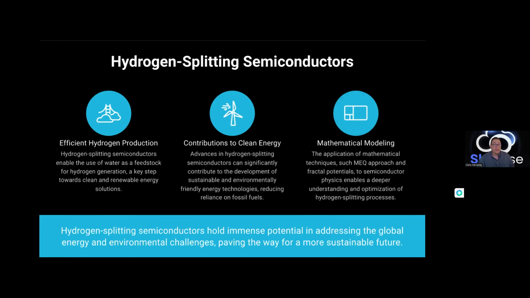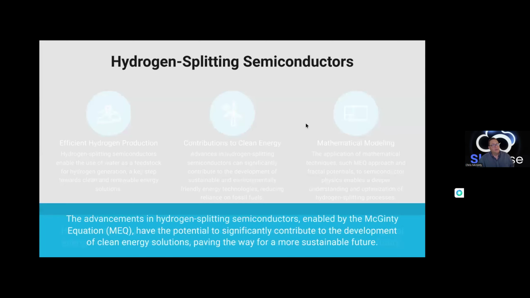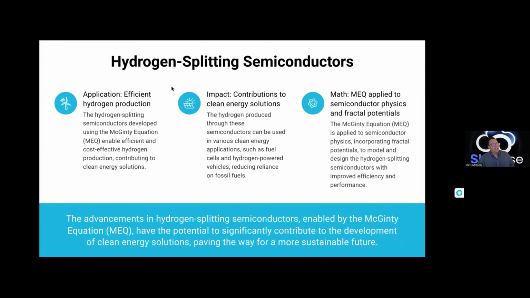And because there's profit in it for them, that's why they're going to do it. Let's not kid ourselves. But it will help everyone and help the world. So that's kind of what the goal is. And we want to do efficient hydrogen production and clean energy, and with the semiconductors, these are more for solar energy. This is going to take straight sunlight and turn it into storable hydrogen energy.